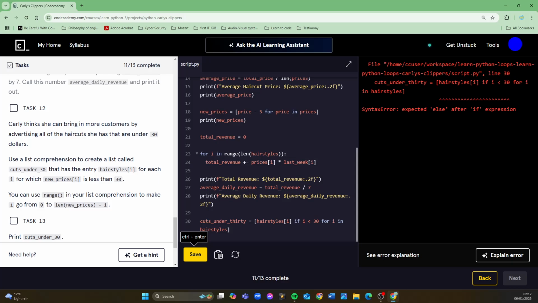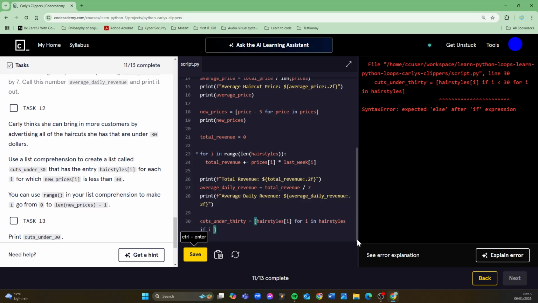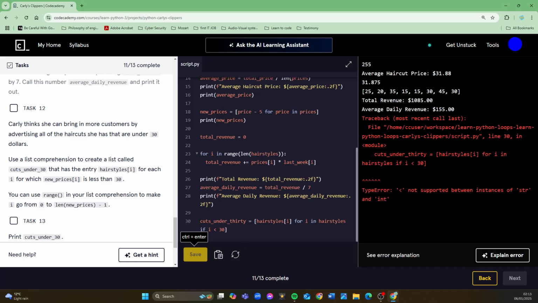No. And we get syntax error, expected else after that if expression. So you've done it wrong. The if needs to come after the for in. So it needs to be for in if I is less than 30. That's how it needs to be. The if condition statement goes at the end of the square brackets.